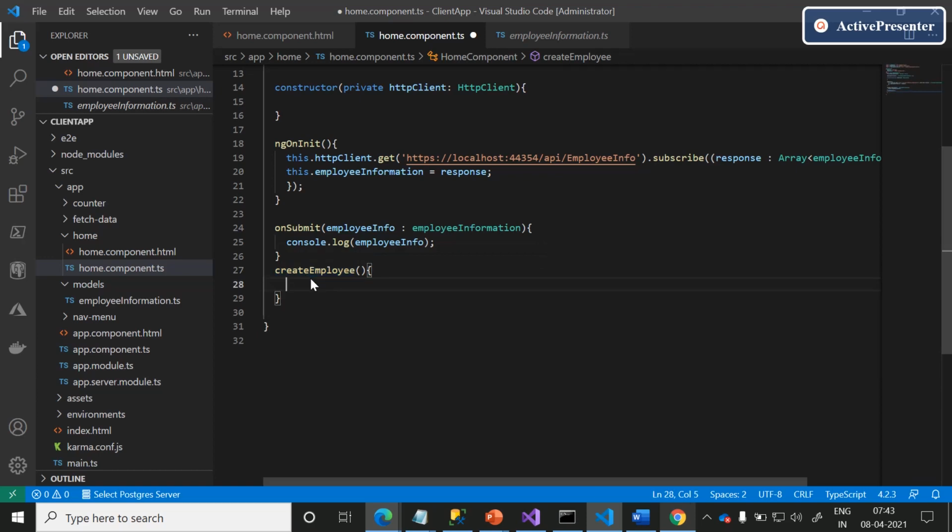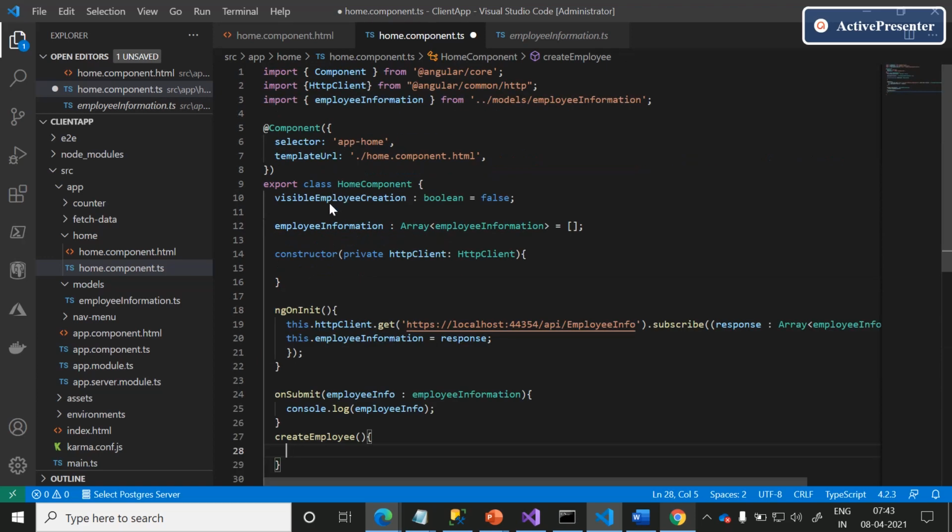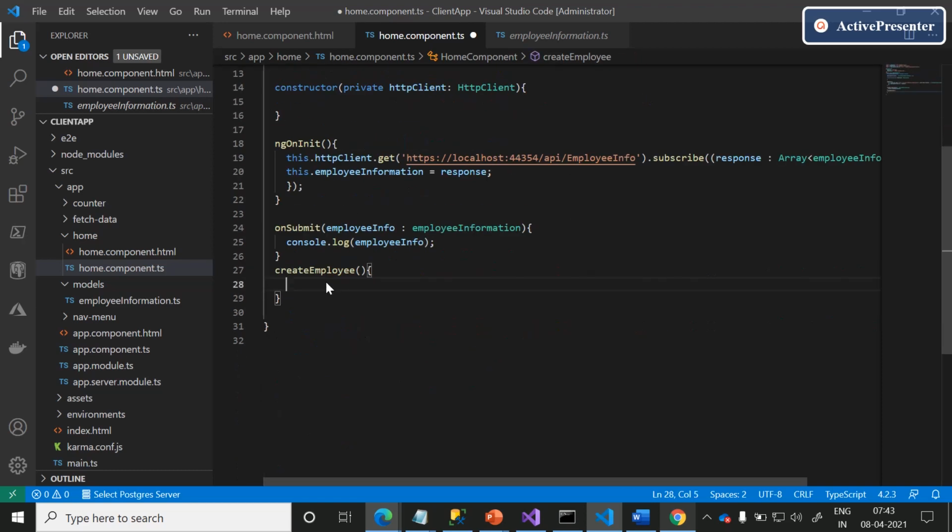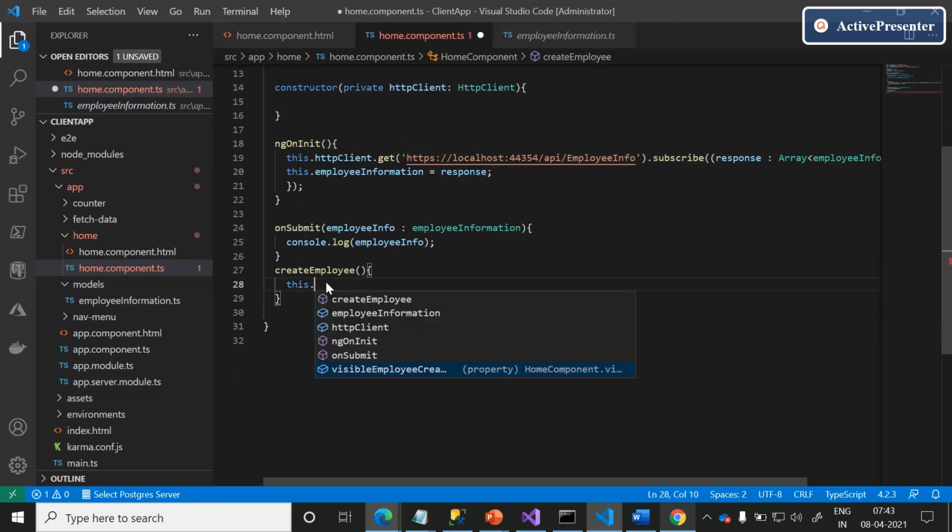As we discussed, on click of creation of a new employee, the employee creation form should be visible. This will have the current object, which holds the current object properties. If you observe here, this current object has the create employee function, the employee information object, the HTTP client object, the ngOnInit hook method, and the onSubmit function.